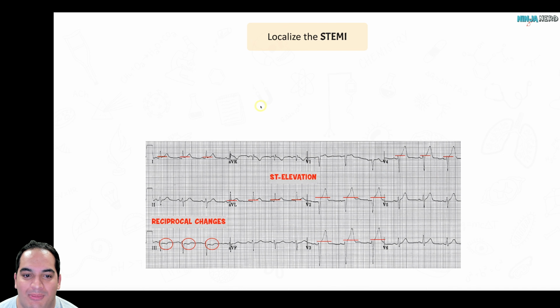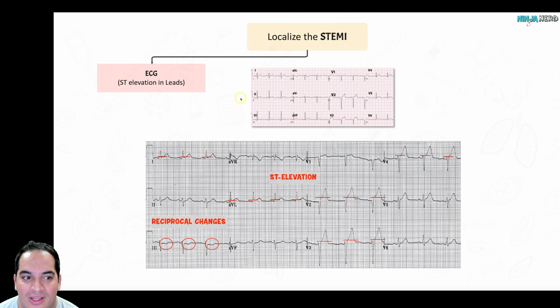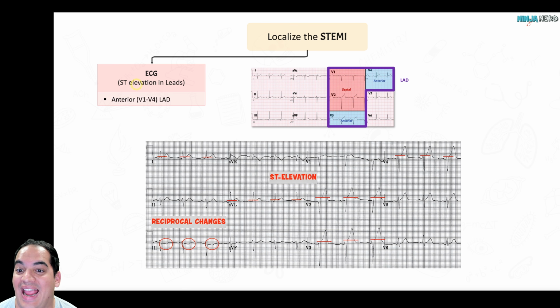Well, the first thing it's important to do is remember your leads. So when I look at the ECG, I have to have ST elevation in particular leads to determine what type of STEMI it is. For example, if it's an anterior STEMI, you have anterior septal, so V1, V2, V3, V4. So if I see ST elevation here in V2, V3, and V4, and on top of that, you know what